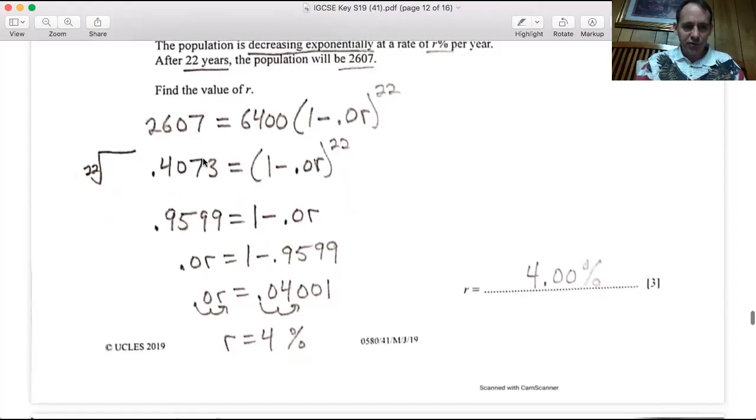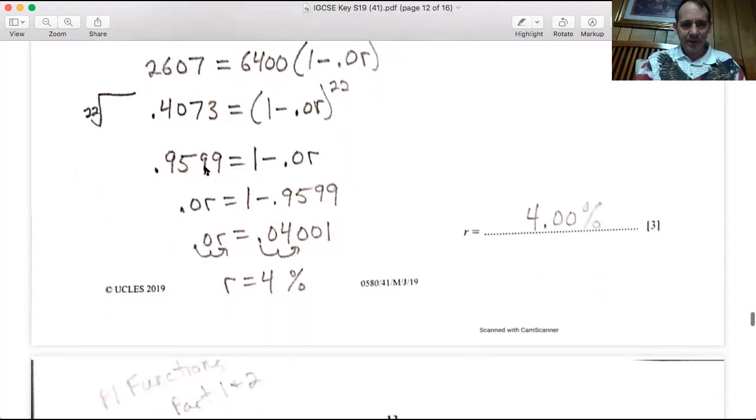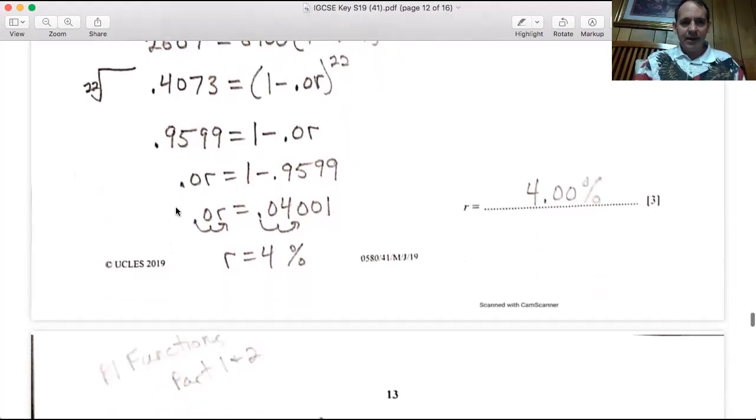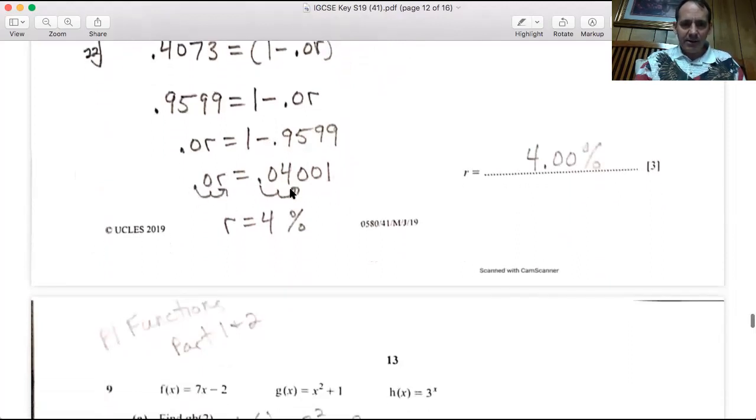On this side, if you do that correctly, it should give you 0.9599. So use the 22nd root, or parenthesis raised to the 1 over 22 power, to get this value here. Now we want to add the 0.0r to this side to make it positive, subtract the 0.9599 to this side, and so our r now equals